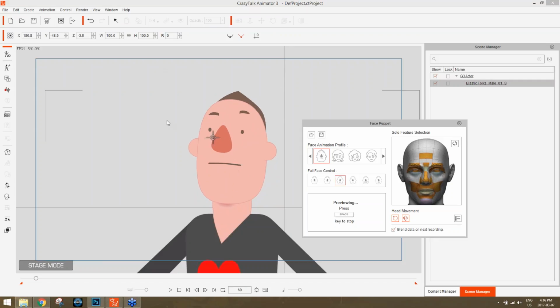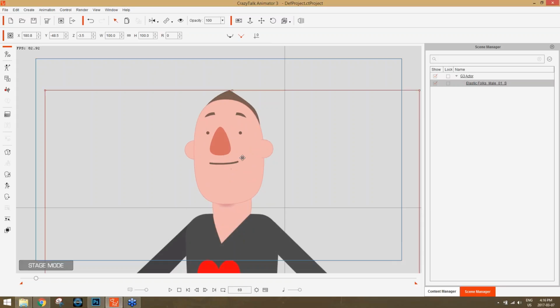The teeth are stretching. There's one down here. You can see the shocked mouth opening, and even the eyes are morphing. This one's a really happy smile. And you can see the results right here. So these facial sprites can stretch as well as replace, like I showed you with the